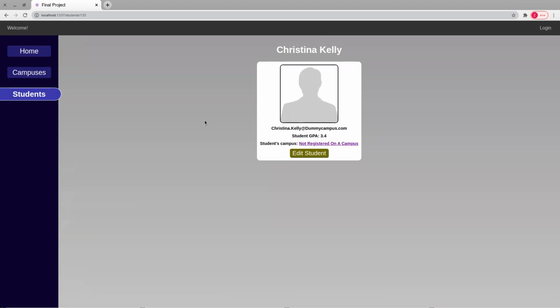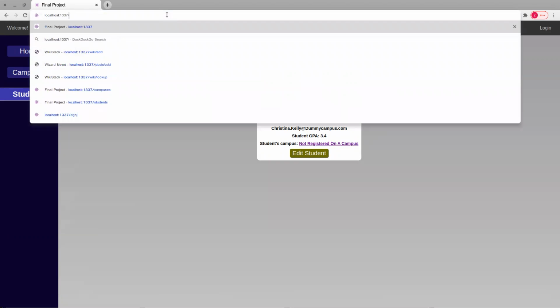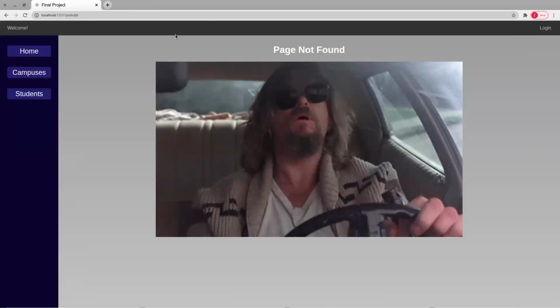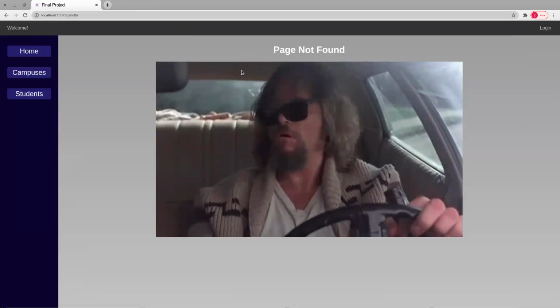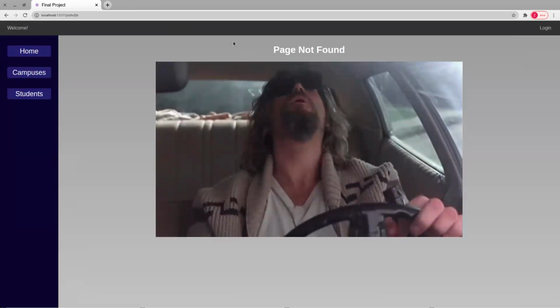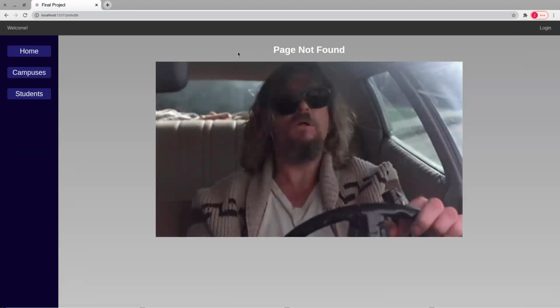And lastly, the one final feature I would like to show of this page is that I do have a route that shows you what happens if the route is not found. So I'll just type in some random text, and it will show you page not found here, showing one of my favorite movie characters, the Dude, for those of you who know this movie, bowing his head and showing disgust and disappointment that the page has not been